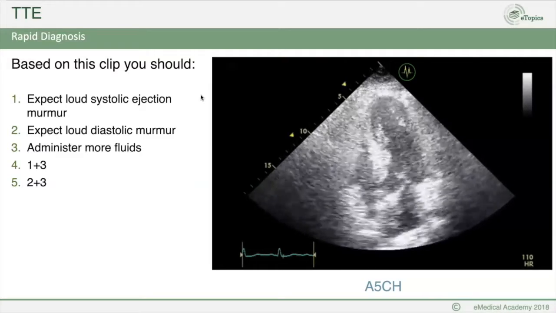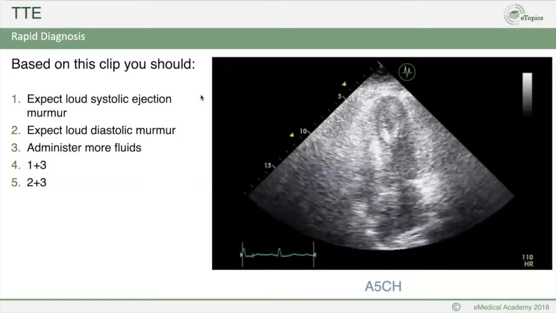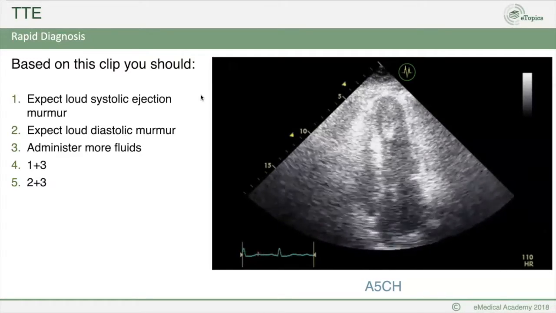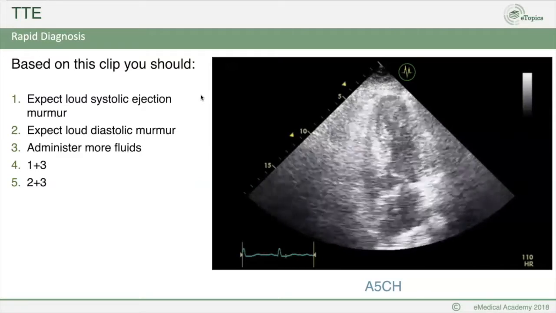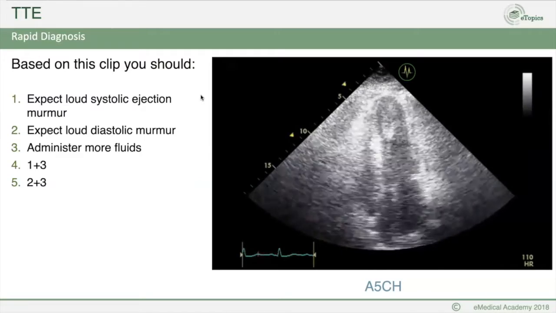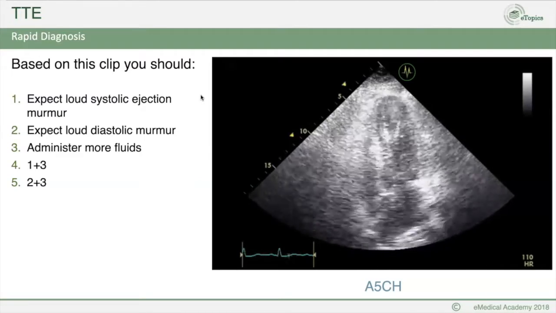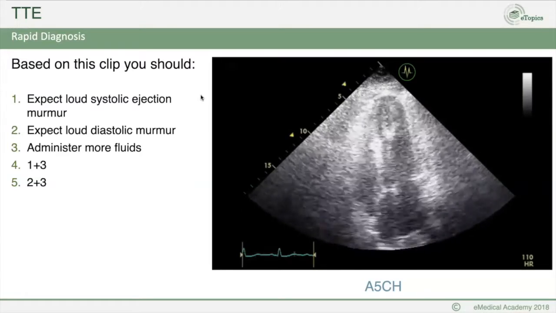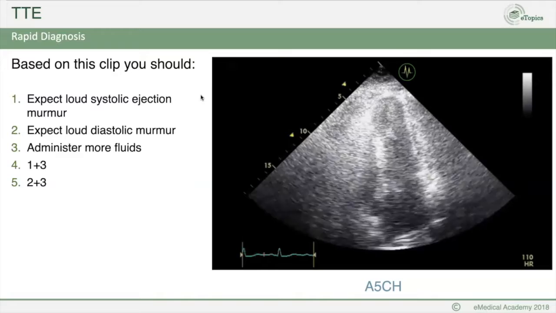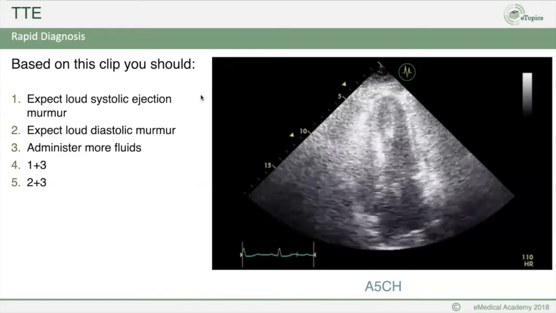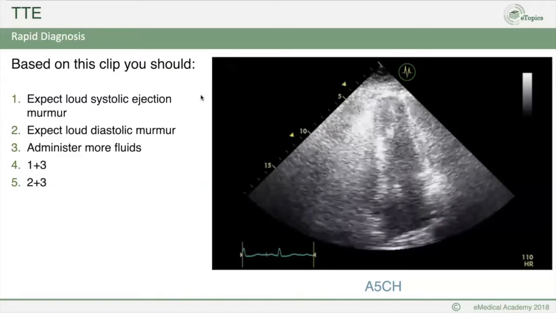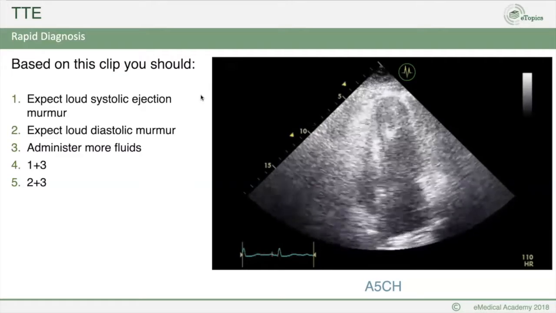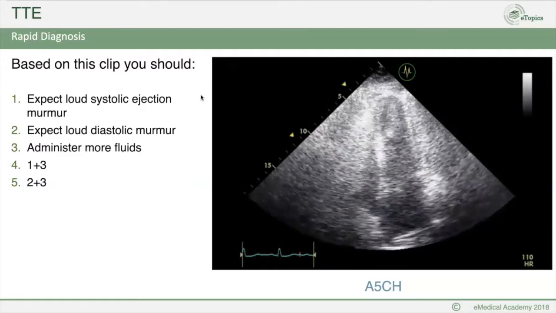And just for fun, I would like to ask you a question about this clip. If you see this clip, the apical 5-chamber view, you should expect: 1. Loud systolic ejection murmur, or 2. Expect loud diastolic murmur, or you should administer more fluids, or the combination of systolic and fluids, or diastolic murmur and fluids. I'll let you stare at the clip for a moment, make a choice, and I will provide you